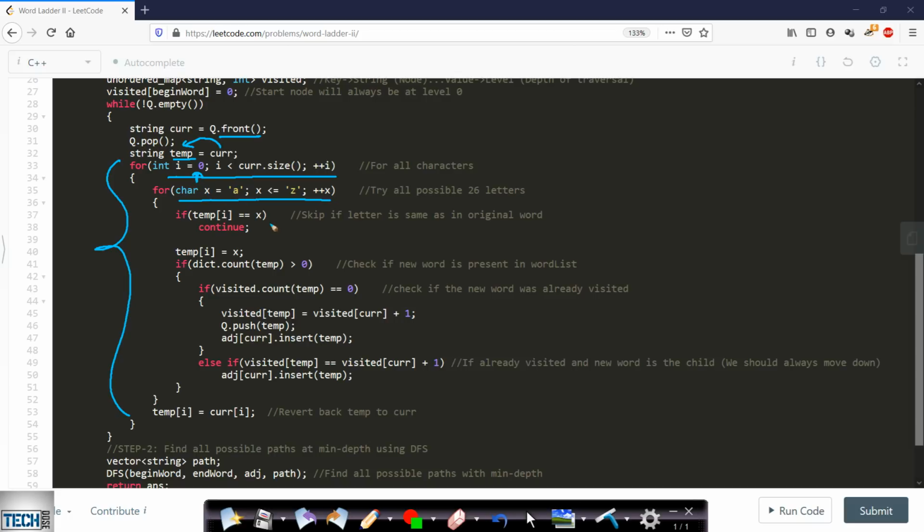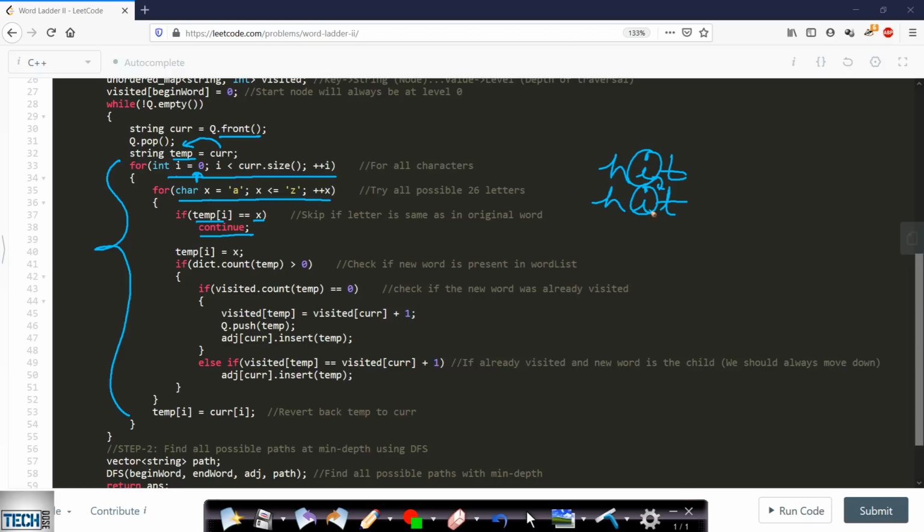Now if we have made a transition and if the current word is same as the original word, then obviously by changing i to i, you will still be having hit as hit. Okay, so if we make a transition for the same letter to the same letter, there is no meaning in that, and so we will be continuing, that is we will be checking for the next possibility.